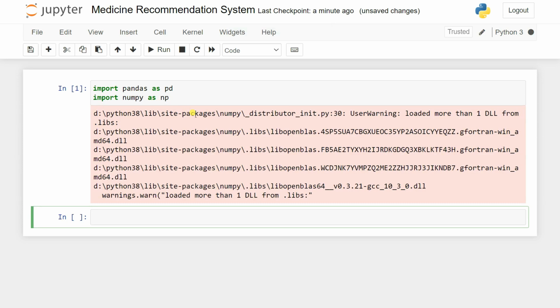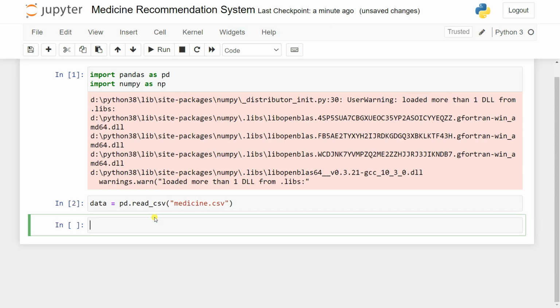And after that, I'm simply going to load the dataset from my working directory. My dataset name is medicine.csv. For that, I can use pd.read_csv, and inside there I'm giving the path of my CSV file, I mean my dataset. Let's store it in a variable called data. So data equal to pd.read_csv, and my CSV file name. If we try to check this, let's say data.head,